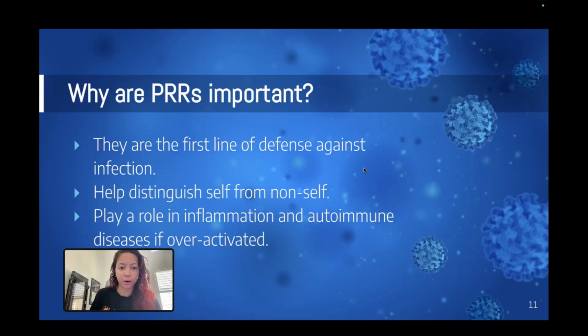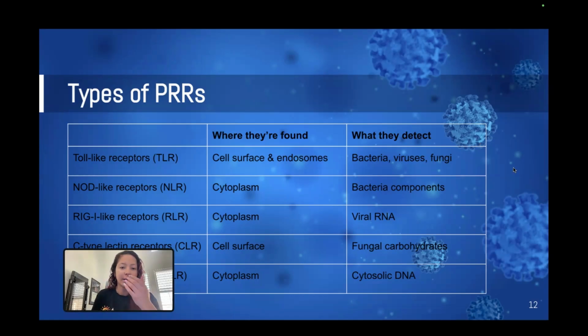And why are PRRs important? They are important because they are the first line of defense against infection. They help distinguish self from non-self, and they play a role in inflammation and autoimmune diseases if overactivated. And then I just made